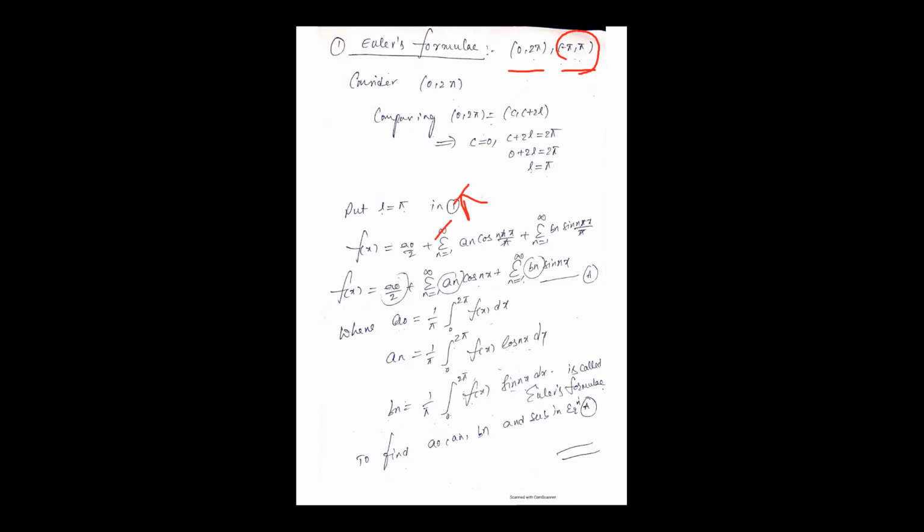Minus pi to pi, only when the function fails to be even or odd, then this minus pi to pi goes to Euler's formula. So clearly Euler's formula interval is 0 to 2 pi, the direct limit, and an indirect limit is also available, that is minus pi to pi. In the minus pi to pi, first we have to check that it does not satisfy the even or odd function.